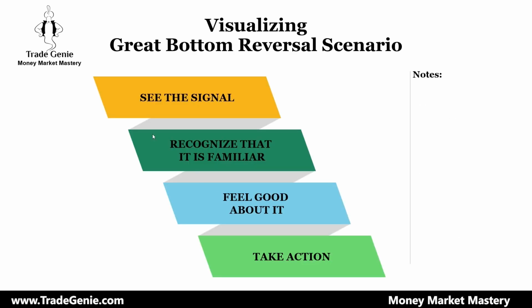The process is that you need to look for something new, and you have to recognize that signal. So you're putting too much pressure on yourself. Think about it. You close those three loser trades, you close that winner trade, break even, you feel good about it temporarily, only for that day. And the next day you're starting all over again and saying, okay, I need to find something where I see the signal, then I have to recognize it as familiar, then I have to wait to feel good about it, then I have to go through all the decisions, how much I need to buy,